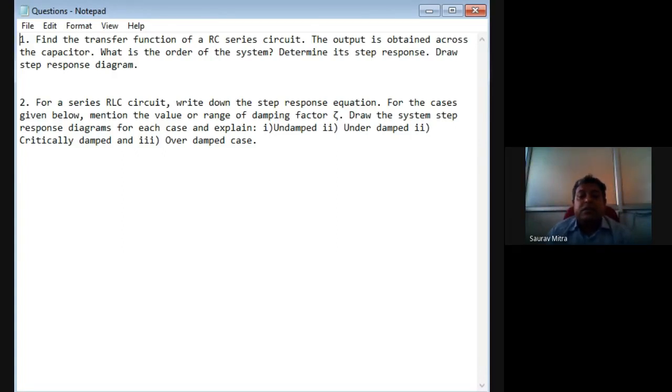And then you are supposed to substitute zeta in between 0 to 1, and you have to find out what is the step response of RLC circuit. Then finally you will be substituting zeta equal to 1 and zeta greater than 1. For all these four cases, the response diagram will be different. Whenever it is undamped, we will find it is like an oscillatory sinusoidal waveform. When it is underdamped, it's a very famous question. You have seen that rise time, delay time, peak time, and settling time, all those things happen.